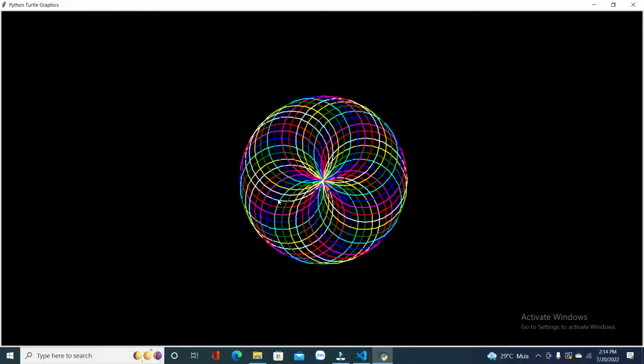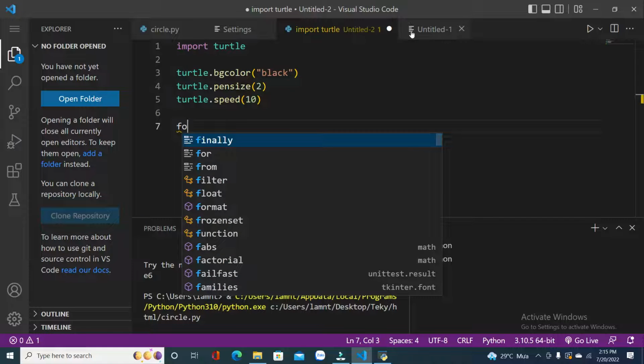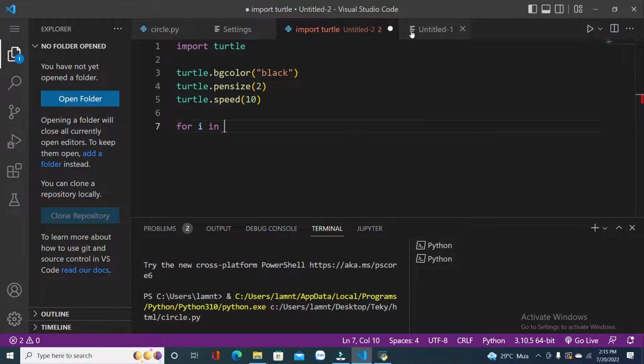So it's going to go from yellow to white, white to red, red to pink, pink to blue, blue to cyan, and so on. For creating such a loop, we can say for i in range, and we're going to use range 10,